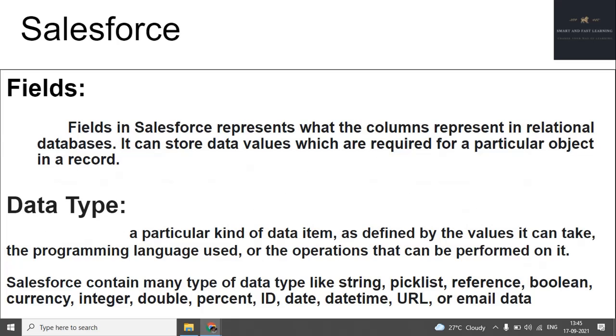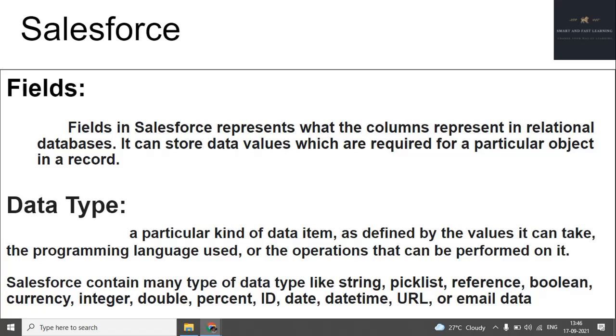So fields, as I already described, fields are nothing, it's just a column represented in the database. It can contain any data type of data. Data type can be anything: for storing an integer value, you need the int data type. For storing a particular string, you need a string data type.